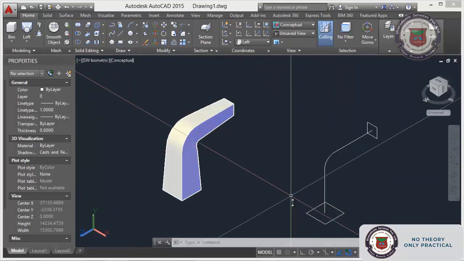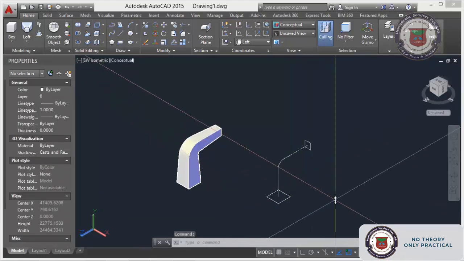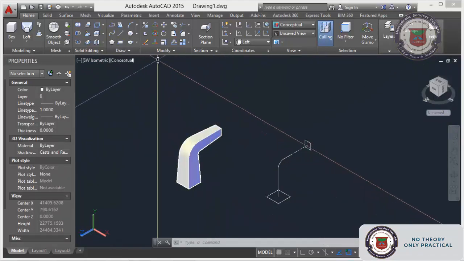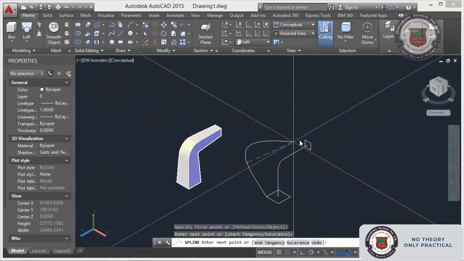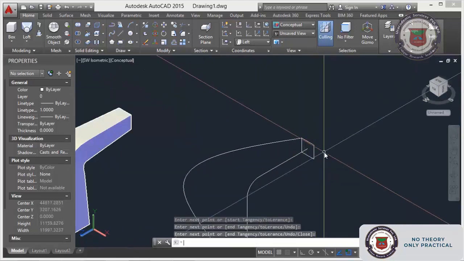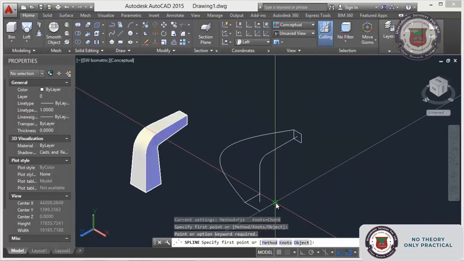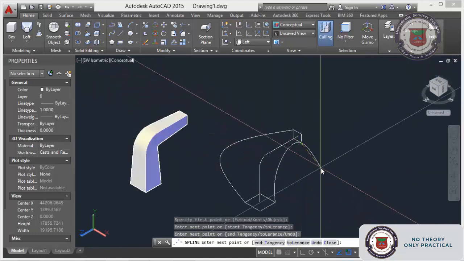Now I will prepare a guide so that you can see how the guide option will work. For that I will make a spline from here, here and here, and here, here and here.